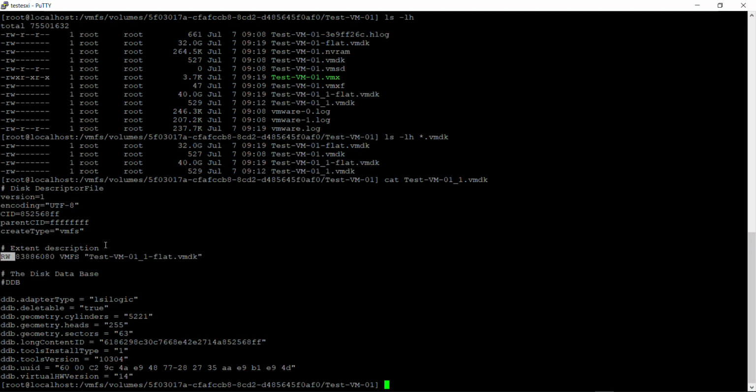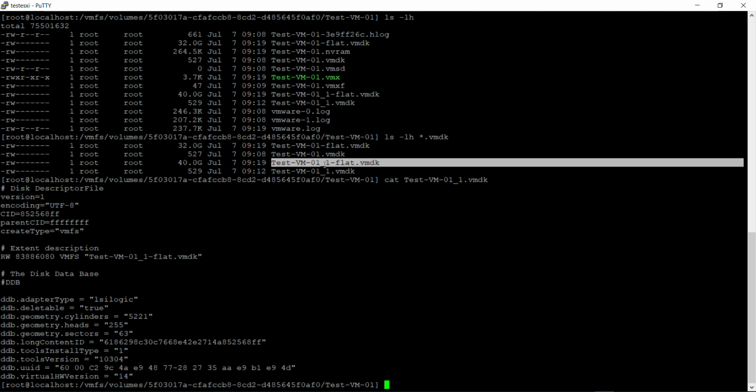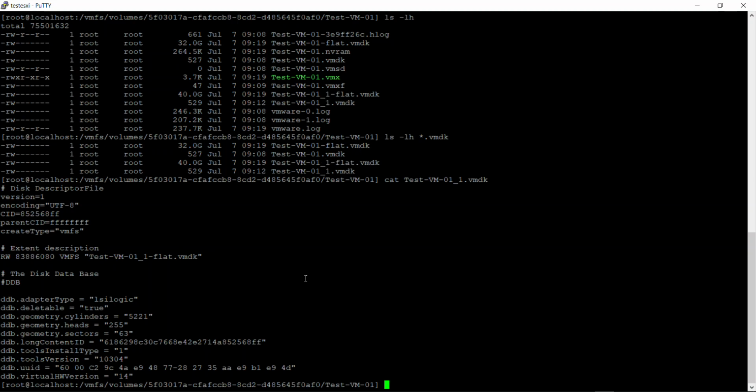RW denotes the operation type, which is read and write both. The second one is the block size for the disk. The third one is the data store file system type, and this is the file name which tells the system the disk file. This is the disk file as we saw here, so it points to this file. So this is the configuration.